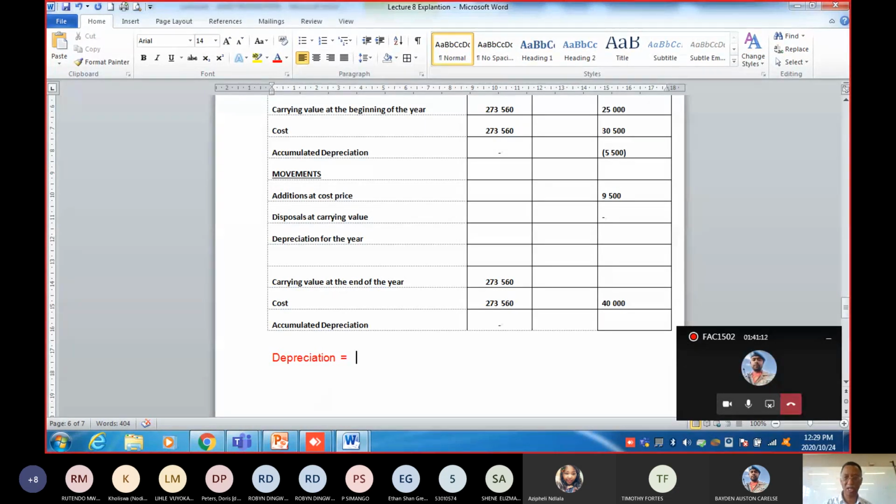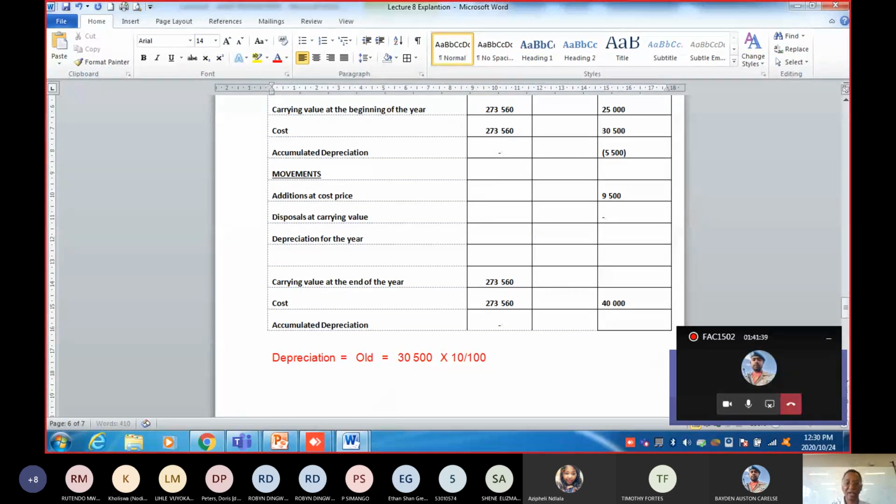So you started the year with old equipment, and the depreciation on the old equipment will be 30,500 multiplied by 10%, times 10 divided by 100. That will give you a depreciation expense of